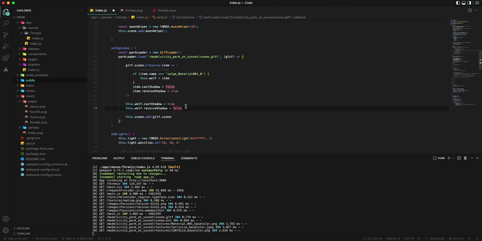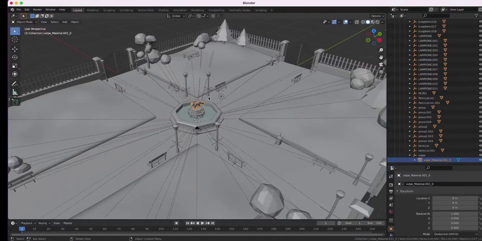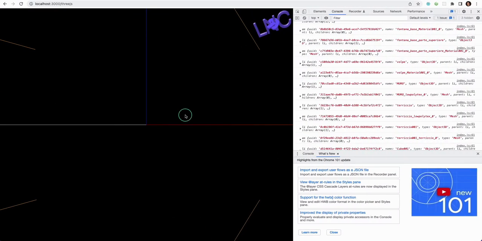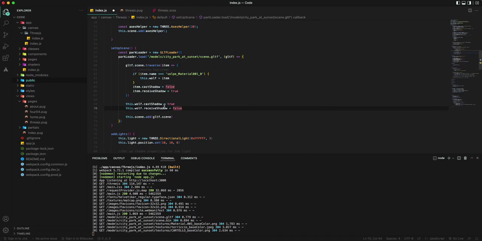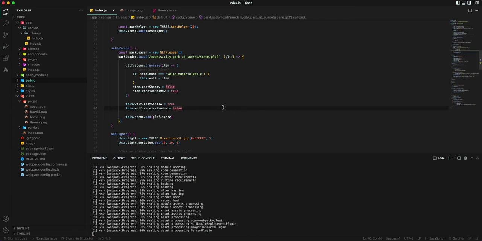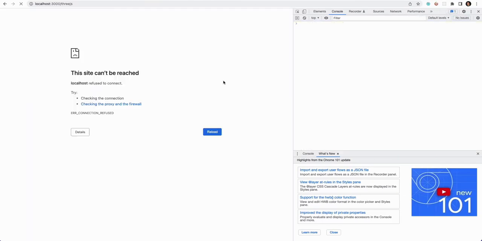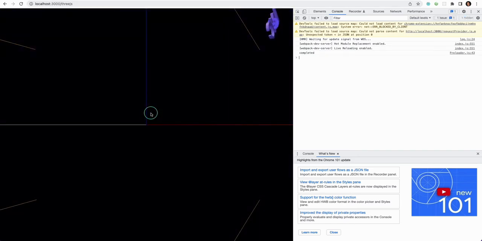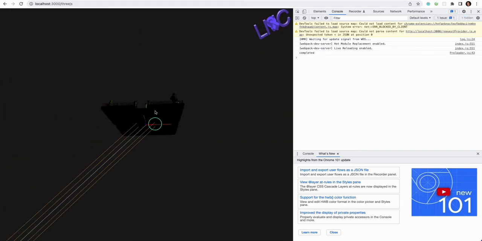Obviously, based on what you're doing, you might want to also receive shadow on the wolf. I don't know if there is something else that might cast a shadow on the wolf. But right now, I'm just trying to cast the shadow of the wolf on the rest of the scene. So I'm going to save this real quick, and let's go back to localhost 3000, our ThreeJS endpoint here. So now if I take a look,